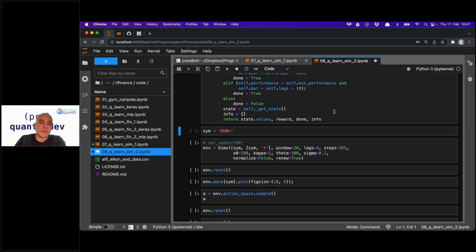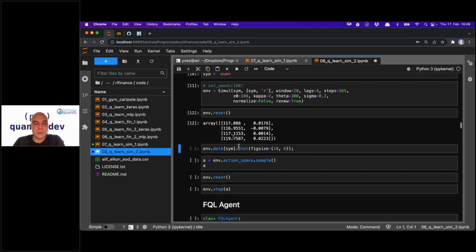So symbol is only symbolic, as pointed out before. Euro, yes, dollar. Now the environment, I go now with the symbol itself and R, so I can use now two features. Window is set to 20, 4 lags, 365 steps. So parameterization here: 100 starting point, mean reversion factor 2, long-term average 300, and sigma set to 0.2. So now when I go here, I see starting values for the price itself,